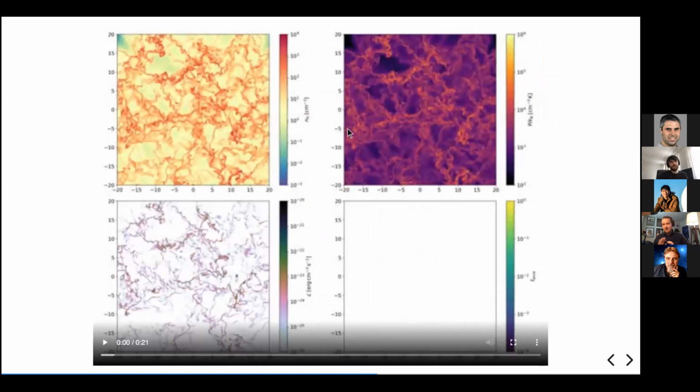So to set you up for a little bit more math behind the fractal theory, I thought I'd show you this pretty video of the evolution of these bubbles. Here I'm showing one of the 20 parsec clouds. In the upper left, I'm showing density. This is pressure. This is the cooling density, and this is going to be the fraction of the gas that is in wind material. And hopefully, this plays all right for you, but you can see that we've basically set